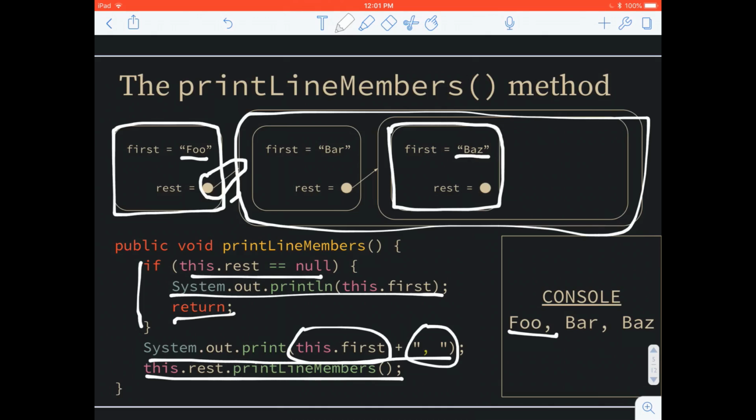right? And then we again check if this.rest equals null. Keep in mind that this is now this big LunchLine here. This.rest is not null since there is another LunchLine there. So we go ahead and ignore this if condition here again. Then we go and print the name of the first member to the screen, so bar, and then add a comma again. So you get bar and then comma. And then we call printLineMembers on the next LunchLine, which is this one,